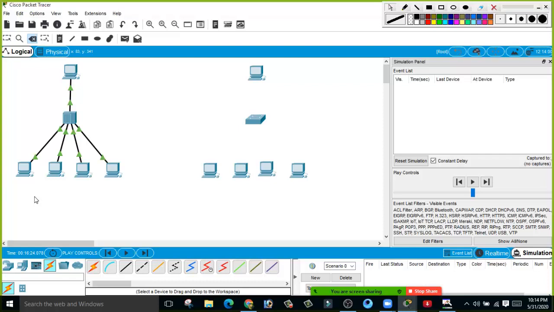We're going to use the straight through cable. Is there any exceptional case to connect the two devices? Because these are dissimilar devices, you should use a straight through cable. Very good. For connecting two dissimilar devices, we use a straight through cable, correct? Good answer. So let's connect these devices.